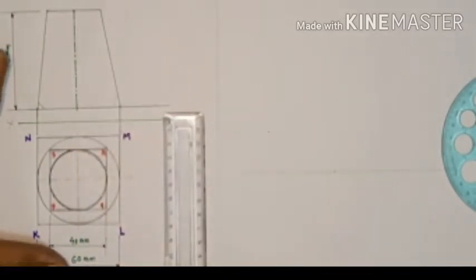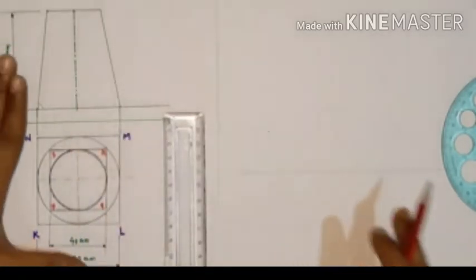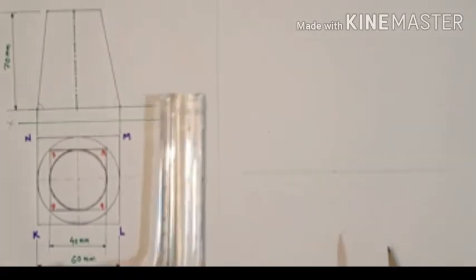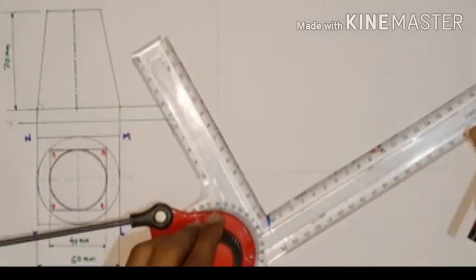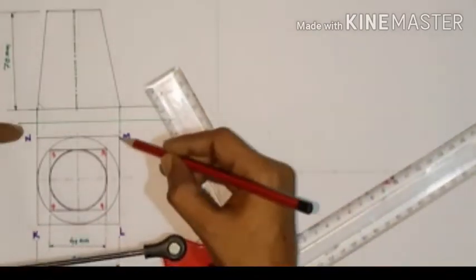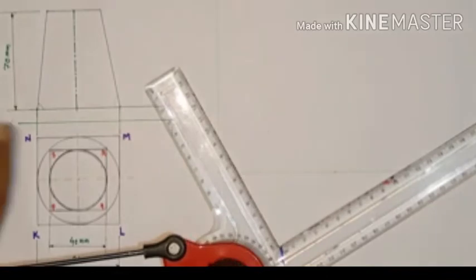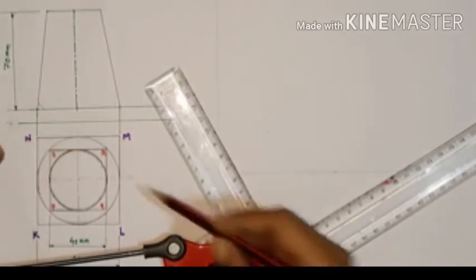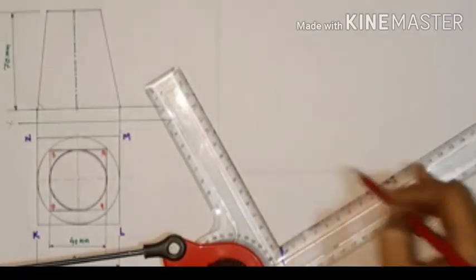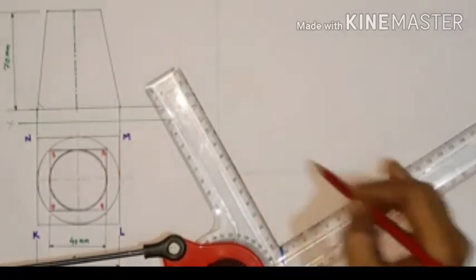So here we start making the isometric view of these objects. Now we draw from here, because I make a box for both circles. In isometric projection we need to draw an angle of 30 degree from both sides.